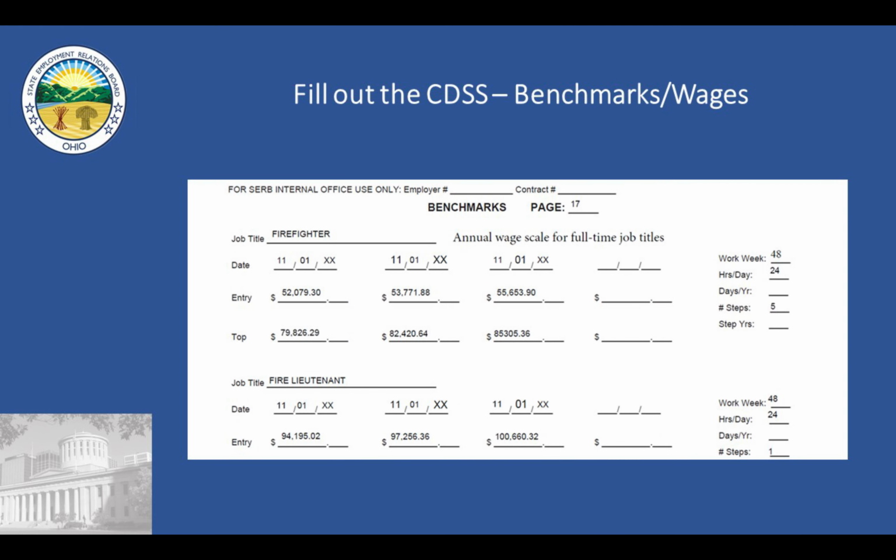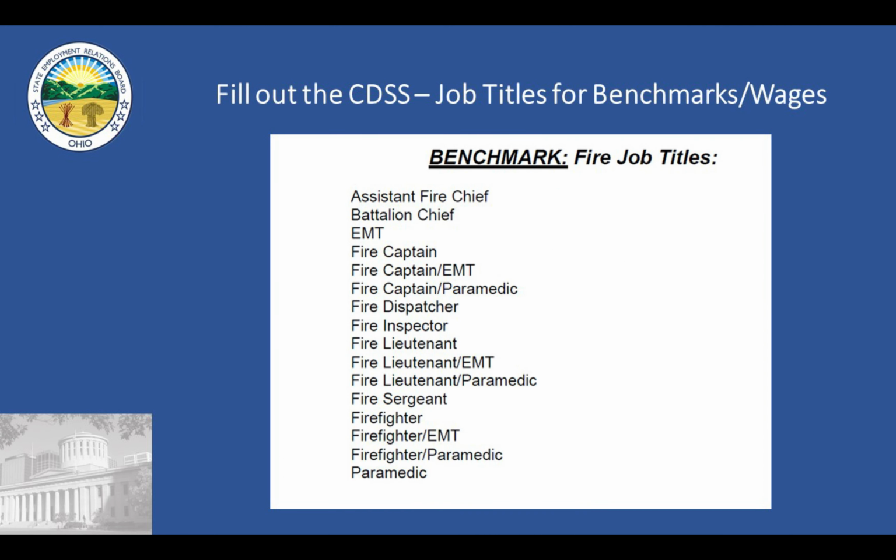The next pages are all identical and are used for capturing the job title benchmark information for all years covered by the contract. These benchmarks are generally captured as annual amounts, unless the contract is for non-teaching Board of Ed, library, or part-time job classifications, in which case you would want to enter the hourly amounts. Complete this section with as much detail as you can. The job titles that CERB tracks are all listed at the bottom of the CDSS definitions page. If you don't see a job title on the definitions file, then CERB does not track it and you do not need to list it.